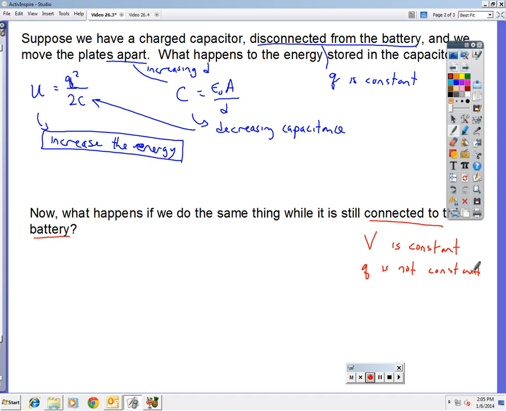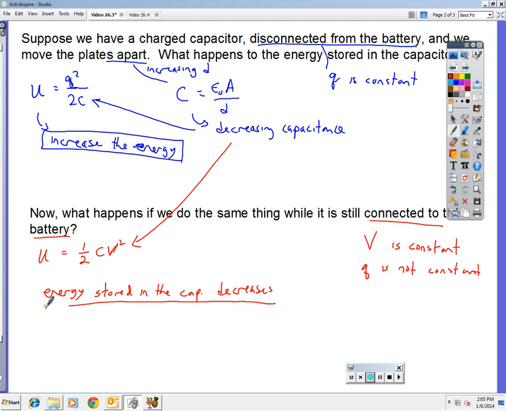And so this time, we're going to use the formula U equals 1/2 CV squared because V is constant. Now we've already established that increasing the distance between the plates decreases the capacitance, and that means the energy stored in the capacitor